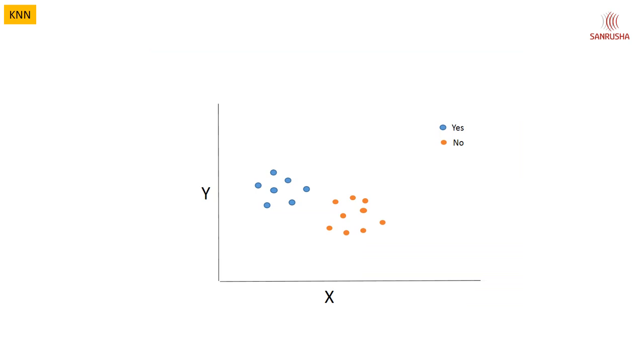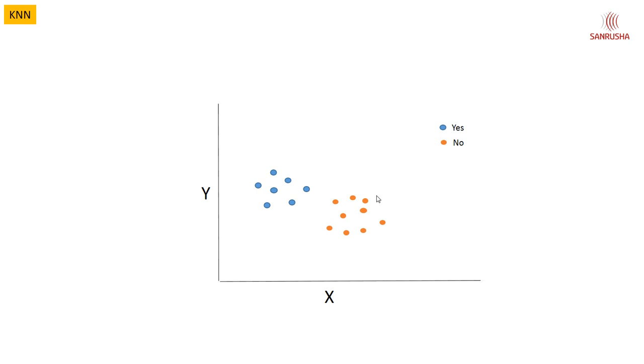So let's say you are running a marketing campaign, and based on certain parameters, certain features of your customers, maybe age, male or female, their location, their family income maybe, and based on that you have found out a behavior, whether they purchase your product or they don't purchase your product. So whether it is yes and no. And if you plot a graph, this is what you get: all the yes points, all the no points.